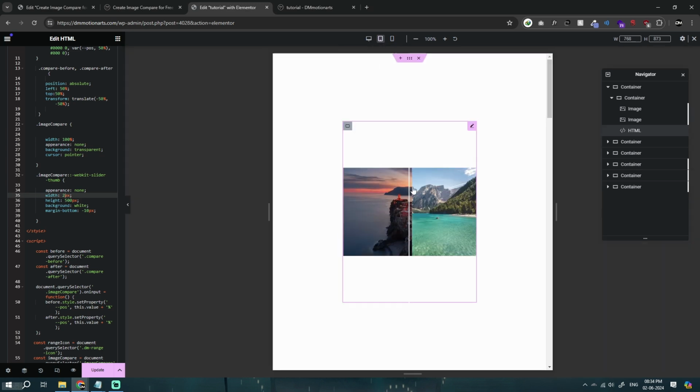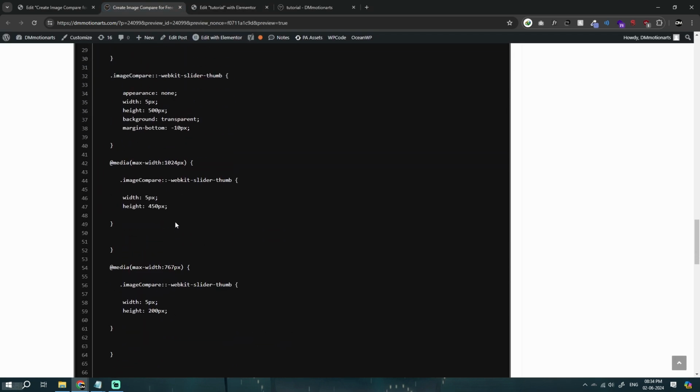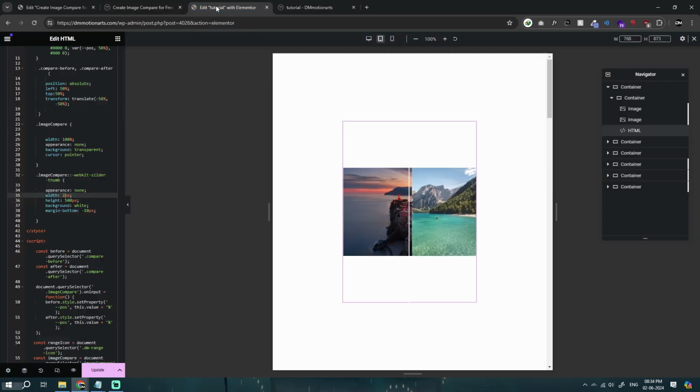Now the next thing is going to our tablet portrait. Let's go to our media image, this code. So this much. What we are basically saying is that if you hover on it, it says 1024 pixels around here. By default, Elementor uses 2 breakpoints, which is 1024 pixels and then 767 pixels. And breakpoints are basically saying that when the screen width reaches this breakpoint, use this styling instead of the default